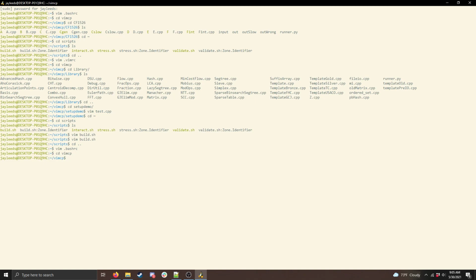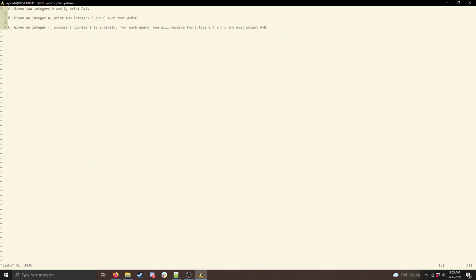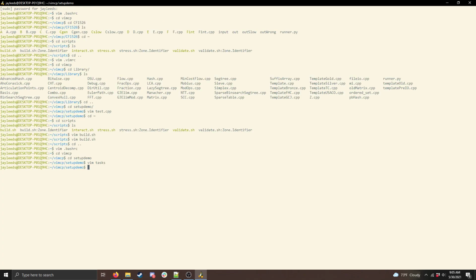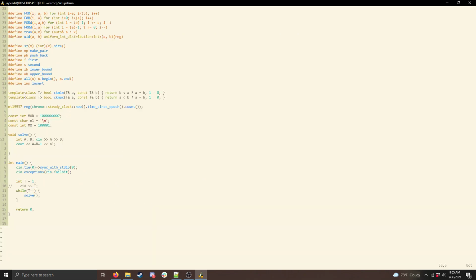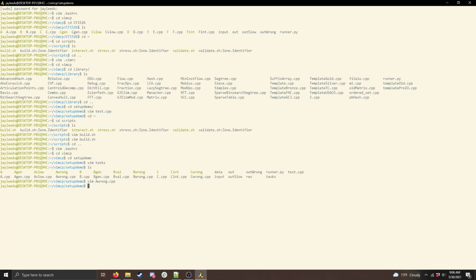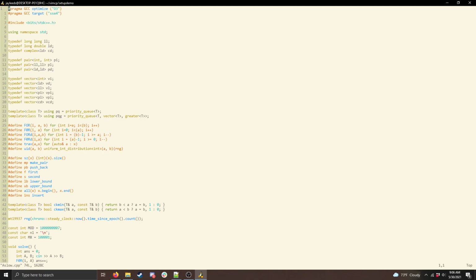And so I prepared some demos for all of these, just with a few very simple tasks. Let's say that as our first task, we're just given two integers a and b, and we have to print their sum. And let's say for some reason we wrote this wrong solution that reads in a and b, and then outputs a plus b plus 1 for some reason. And let's just say for the sake of argument that we have no idea why this is incorrect. But we also have this slow solution